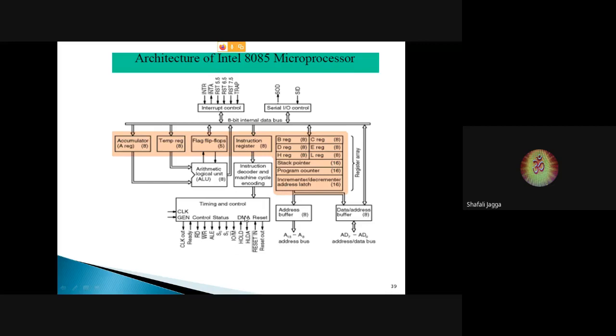So this hold request will be given to the microprocessor by some external device such as a DMA controller, so as to have hold over the 3 buses, so that the DMA controller can perform its own operation using these 3 buses. In that case, the microprocessor will not have any hold over the 3 buses. They will be used only by the DMA controller. So this is made possible whenever this hold request is given to the microprocessor.